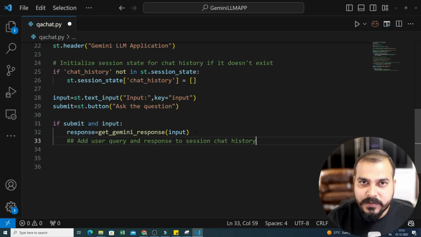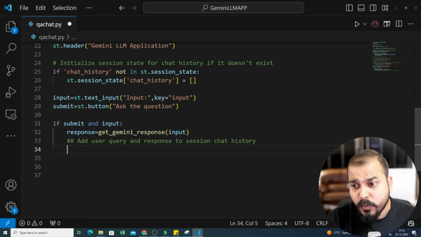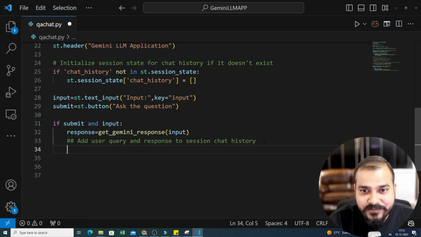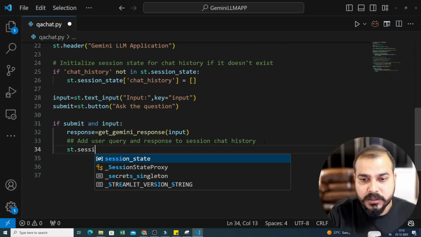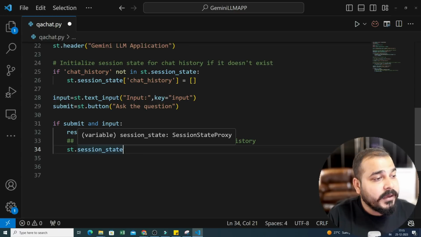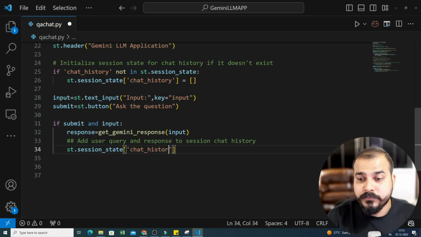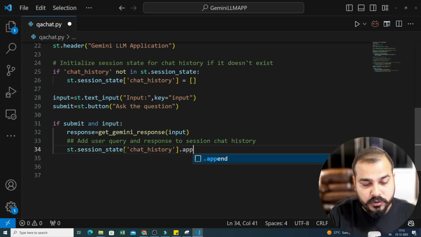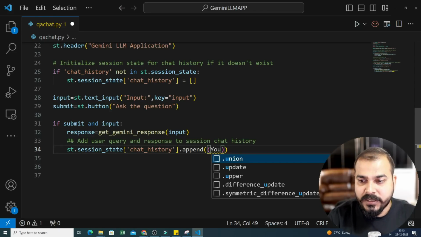Now see, as soon as I have created this input, this is what my input is that a user has given, and this is the output that we have got, right? Now for this entire history, we are going to save this in our chat_history session state. So for that, we will go ahead and write st.session_state, and here we are going to use chat_history, and I'm going to .append with this specific,